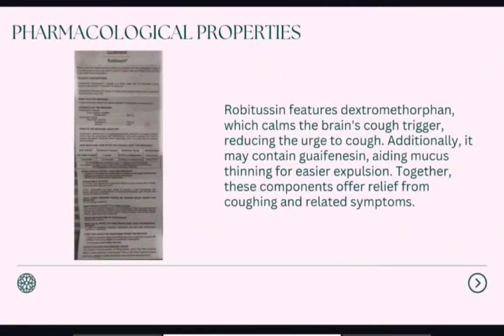Next is the pharmacological properties. Robitussin features dextromethorphan, which calms the brain's cough trigger, reducing the urge to cough. Additionally, it may contain guaifenesin, aiding mucus thinning for easier expulsion, and together these components offer relief from coughing and